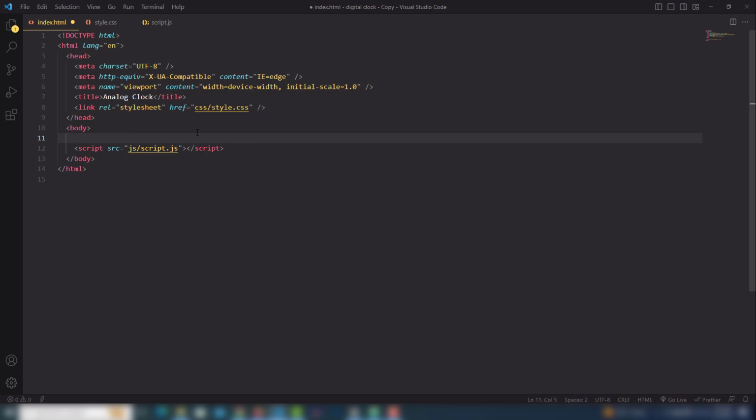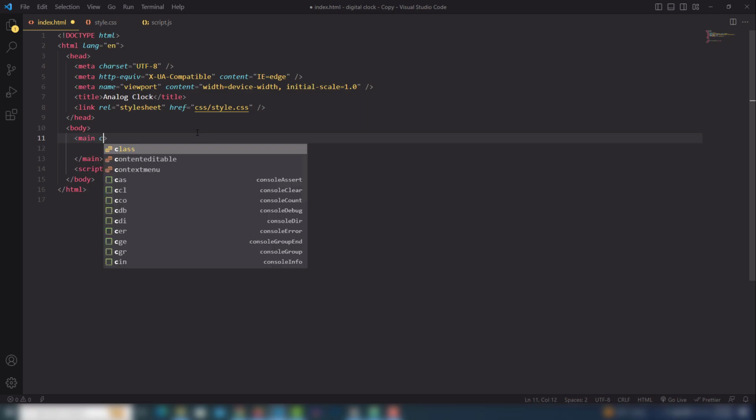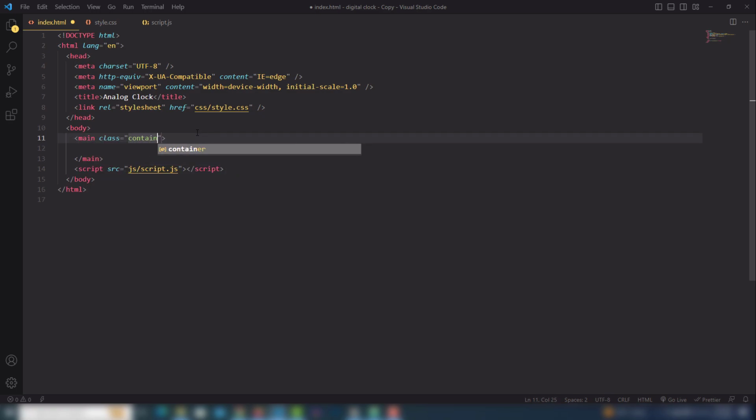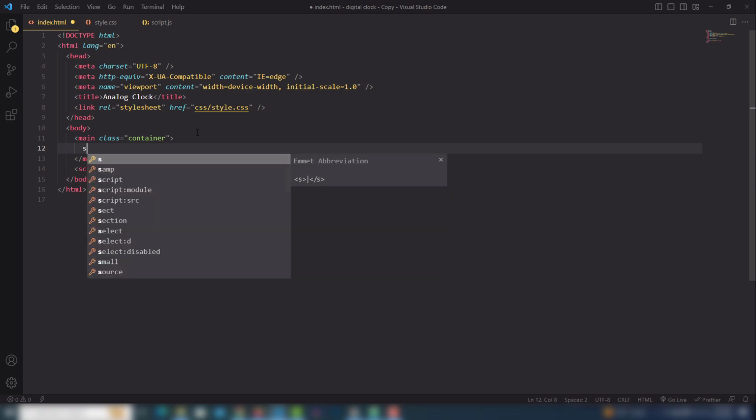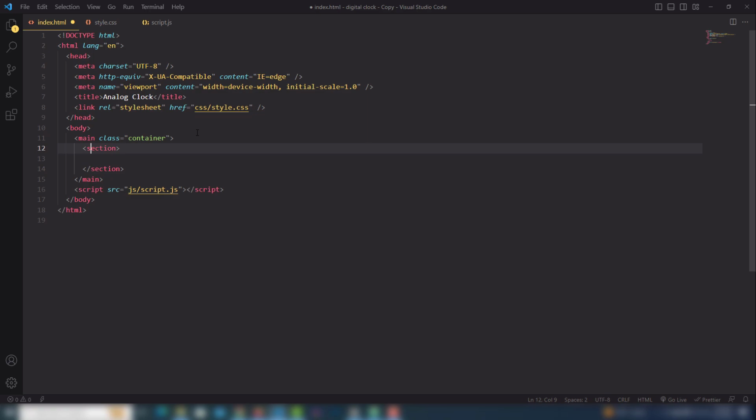I'm gonna write a main tag, and inside the main tag I'm gonna use the class container. Inside the container I will use a section. Inside the section I will assign the class clock. Inside the clock I will create a span tag, and I'm gonna use a b tag, and inside the b tag I'm